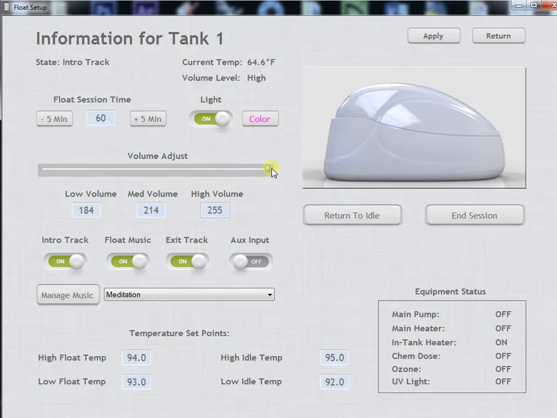Let's see if we can turn the volume up, see if we can hear it. Float Pod for your flotation experience. Your session will begin momentarily. Please take this time to adjust the level to your preference and to familiarize So we have about a 23-second